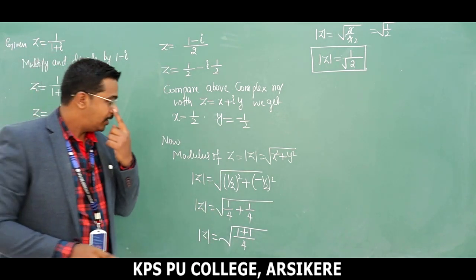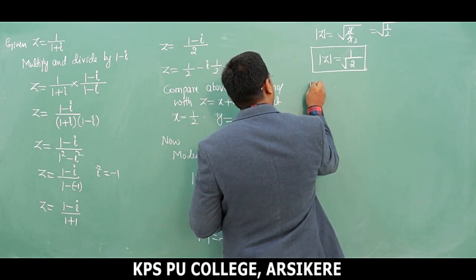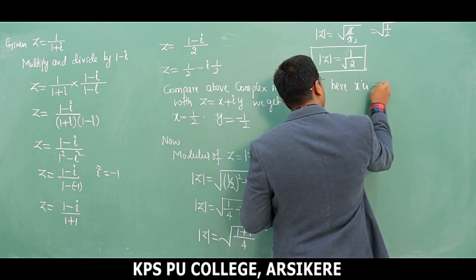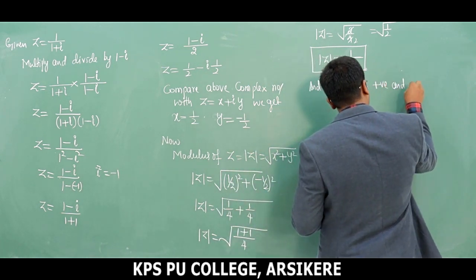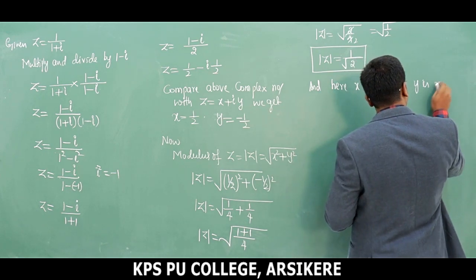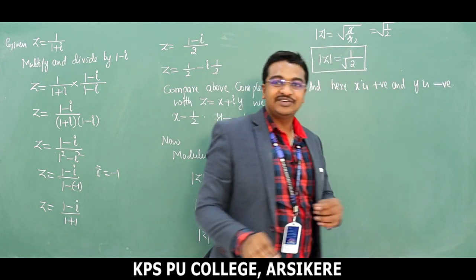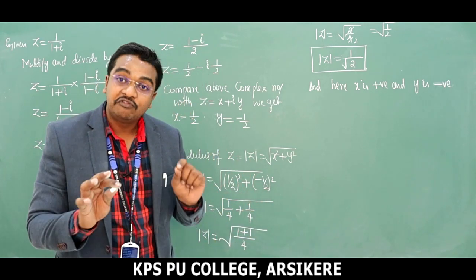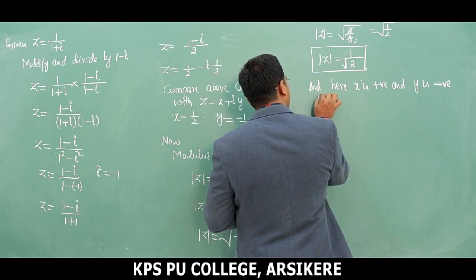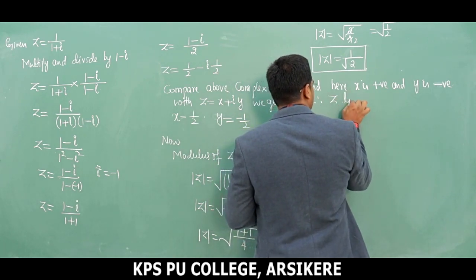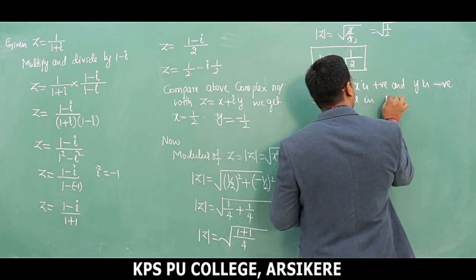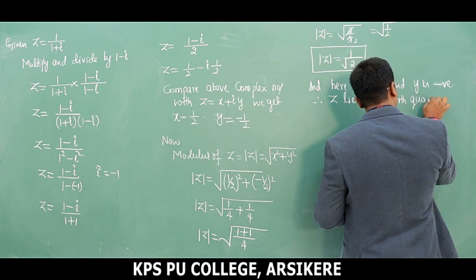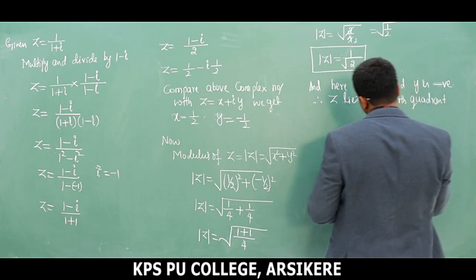argument, right? Let us see what the argument becomes. And here x is positive and y is negative, right? x is positive and y is negative. Obviously the given complex number lies in which quadrant? Fourth quadrant. Therefore z lies in fourth quadrant. Hence